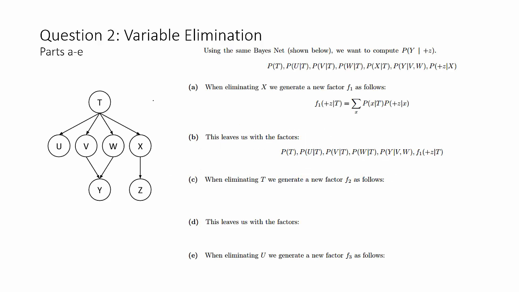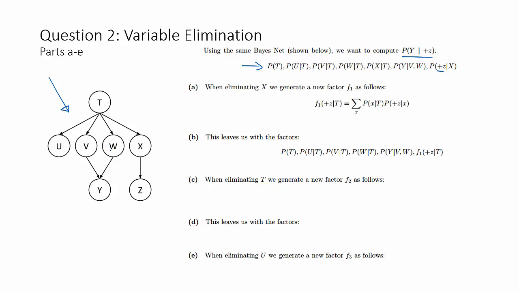In this problem, we're given the same Bayes net shown here, and we're asked to perform variable elimination to compute the conditional probability of Y given plus Z. In variable elimination, we start with all of the initial factors being the conditional probability tables in the Bayes net, instantiated with the evidence, which is plus Z. And so that's why we have 7 factors here, where each factor corresponds to one of the tables in the